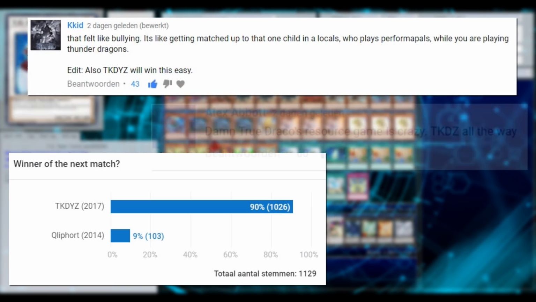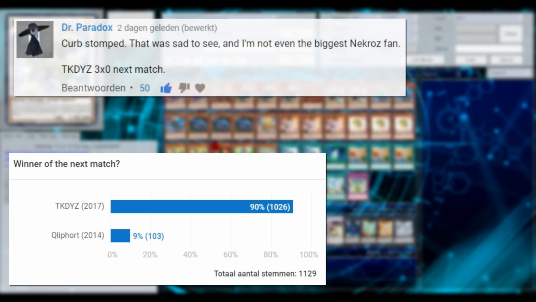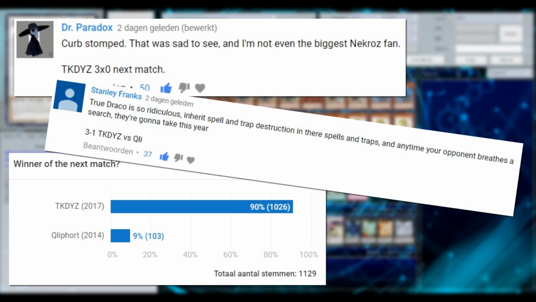Well, the first time I saw the percentages and the voting from the people from the previous video, I was like, whoa, really? Like from the previous video we had True Draco as a huge anti-meta deck with all the floodgates against something like Necros, and it was a sweep in favor of True Dracos. And now I kind of feel the same way with Qliphort, triple Emptiness, triple Skill Drain, I think 2 Phoenix Chain to prevent the Oviraptor from triggering, so it kind of feels like